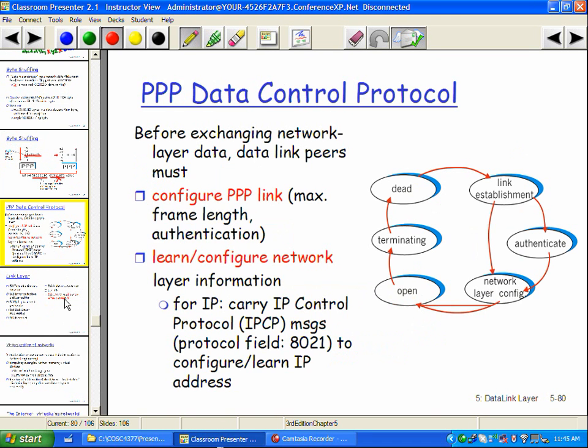So this is some more boring stuff. The other things PPP has to do before it can exchange data, it has to configure the frame length, authenticate, and so on, and find out